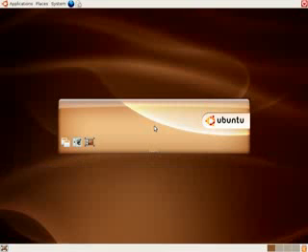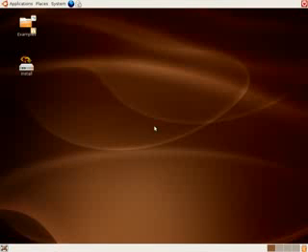Bear in mind it is slightly slow to boot up because it's running everything off of a CD, which is orders of magnitude slower than running off of a hard disk. So now we have the Ubuntu desktop running off the live CD,